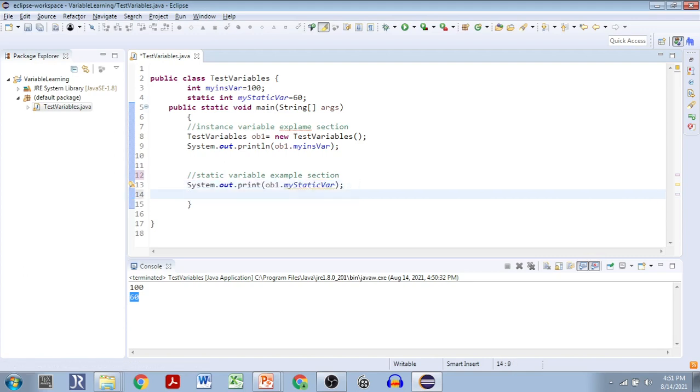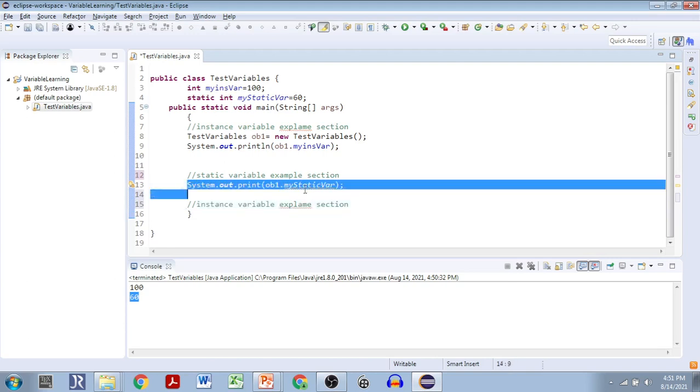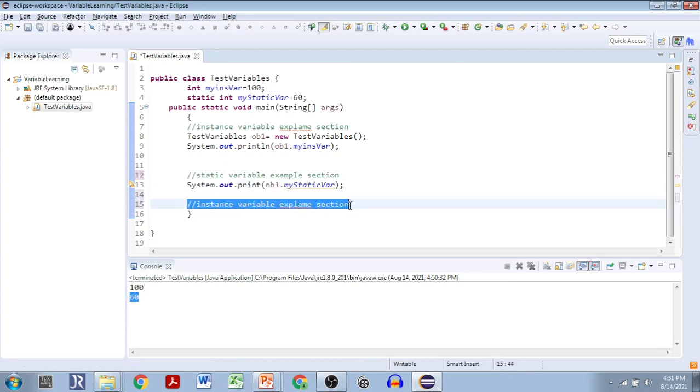Okay, so here we are showing how static members can be called. The most important thing here, the beauty of static, is that we can directly call this by using the class name, which is not possible for anything else other than static members. So we don't need the object to be created to access a static variable. Just the class name is sufficient.